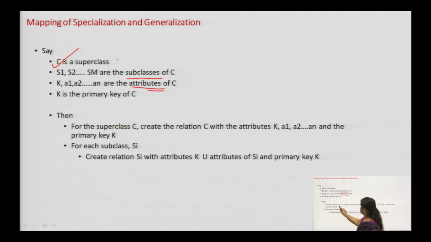Then for the superclass C, create a relation C with all the attributes of the superclass and the primary key K, and for each subclass, create a relation Si with the attribute K, that is the key of the superclass, union the attributes of each of the specializations.